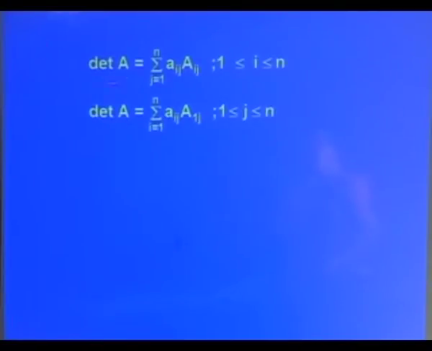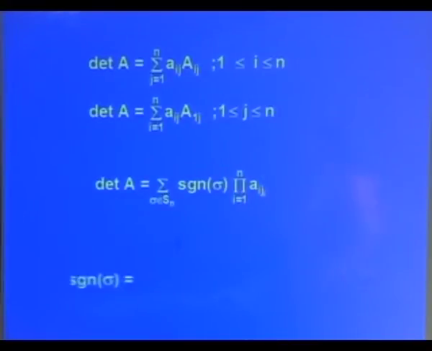For a general square matrix of order n, the formula can be written in this particular form, where i will take values from 1 to n and j will take values from 1 to n. This is what we have obtained earlier, and determinant A is equal to the sum over sigma belonging to Sn. So, that is how this definition is being derived from the definition which I have introduced in the beginning.